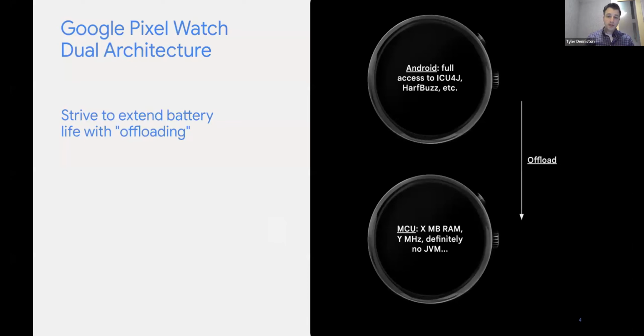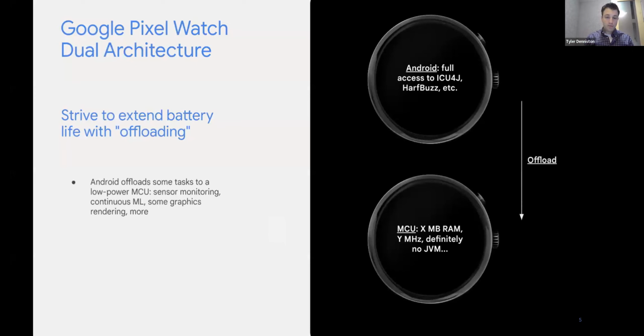But within the same physical package, there's also a lower powered microcontroller. And what Android is able to do with this architecture is offload some types of tasks from that high power domain onto the lower power MCU. Again, the primary motivation here is battery life. Some examples of things that might include are sensor monitoring.